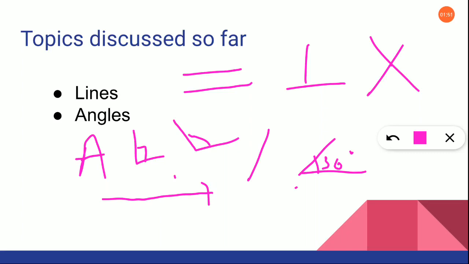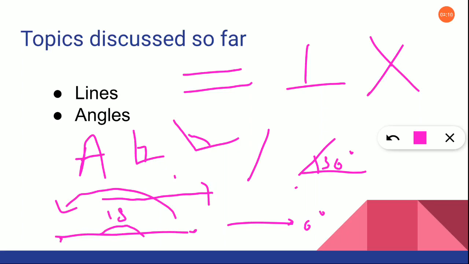And one more thing also we learned, straight angle and zero angle. What is a zero angle? The starting point will be its ending point. That is called 0 degree. And if it is a straight angle, what does it mean? From 0 it will move on to 180 and then only it will stop. So the angle will be 180 degrees. Clear children?